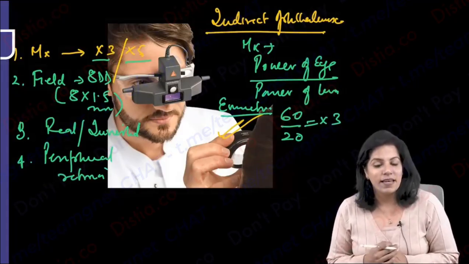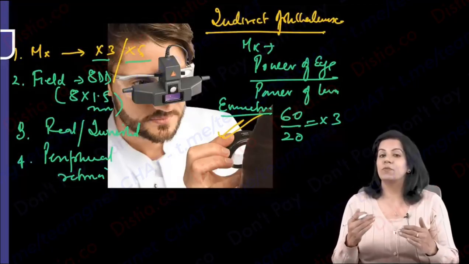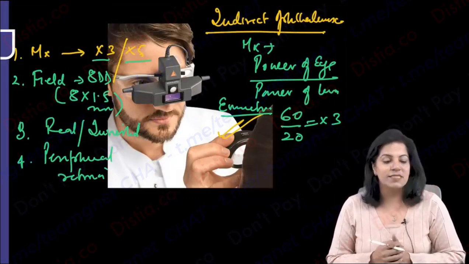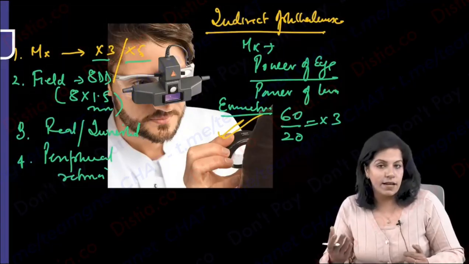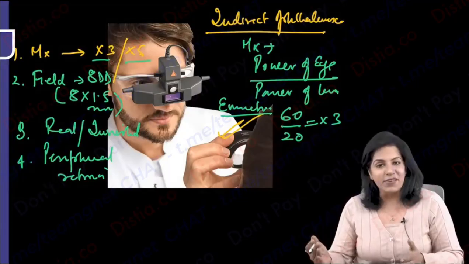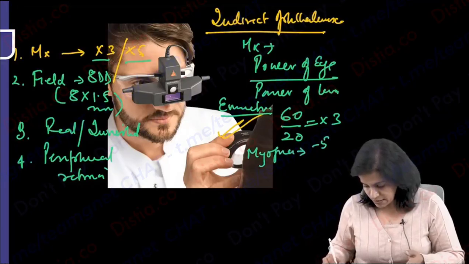Correct? Yeah. Now suppose I tell you that this patient is not emmetropic. He has a myopia of -5. Pay attention, this is very interesting. If there is a myopia of -5, what will be the power? M for M, myopia means more power. It will be 60 plus 5. So if my patient has a myopia of -5, it simply means his refractive power in the eye is 65